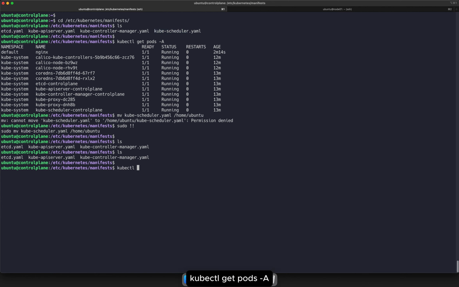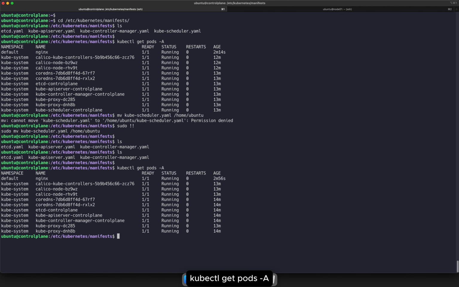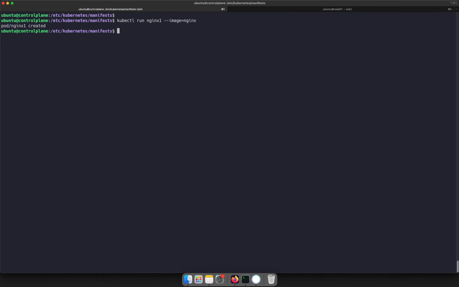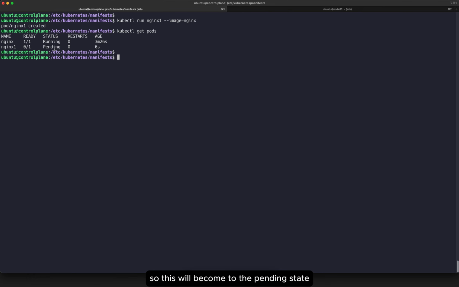And if you see kubectl get pods -A again, see here, there is no scheduler. Last time we had the scheduler control plane, right? But now we don't have it because we removed this file. So let's try to create one now. I will use kubectl run nginx1 --image=nginx. The pod is created. Let's see the pod. kubectl get pods. So this will go to the pending state